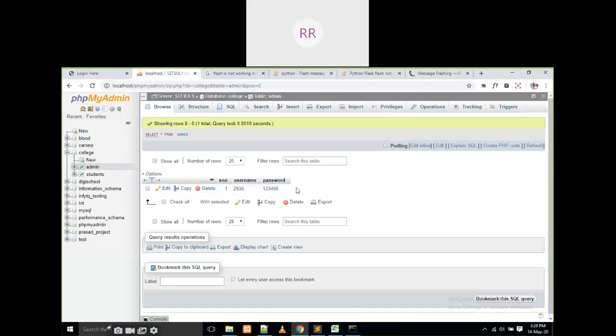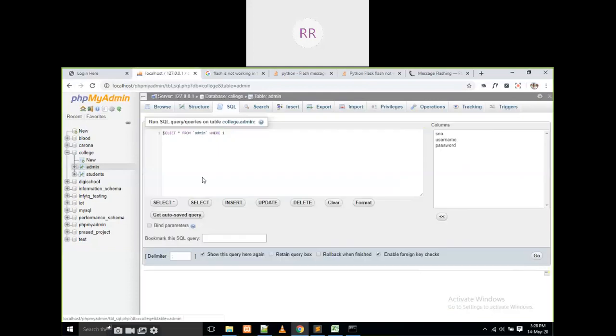For example, I am going to write here: select star from admin where username is equal to 2935, what I entered in the HTML page, and password is equal to, for example, 123456 like this.